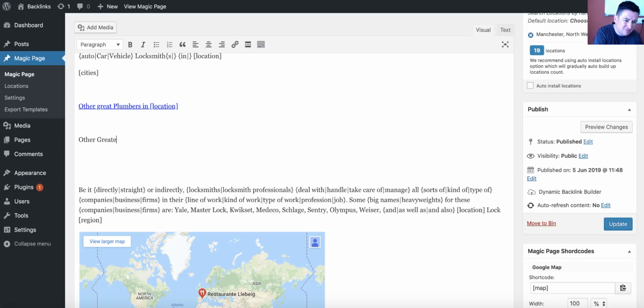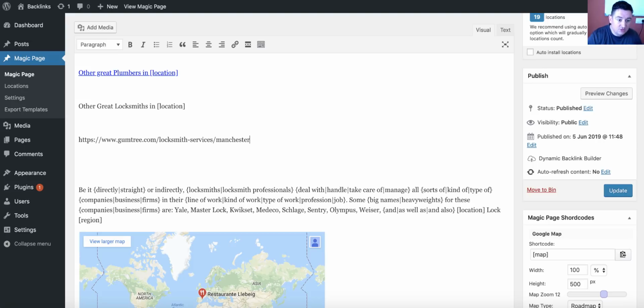Don't forget you can spin all this and do whatever you want with the writing. Other great locksmiths in location. Again, I'll show you the Gumtree URL: gumtree.com/locksmithservices/Manchester. What we're going to do with that is use the slug. Grab it, that's the URL, that's how it's going to work. Copy that, open that, paste that in there, click go, click update,